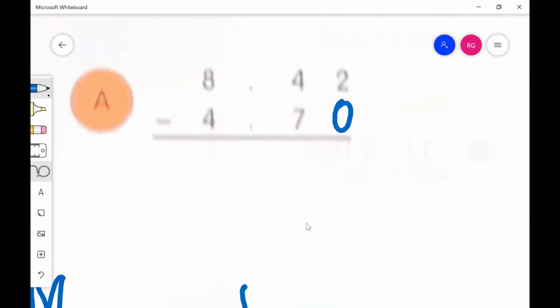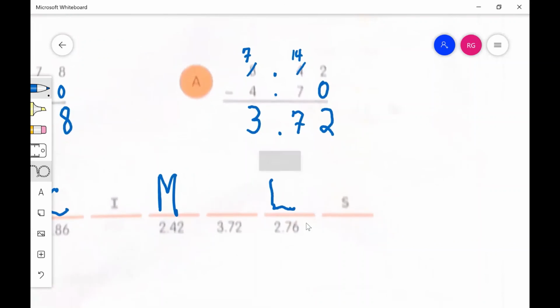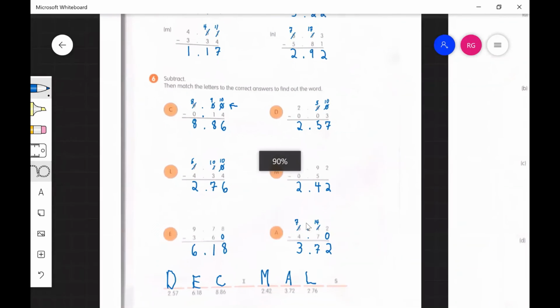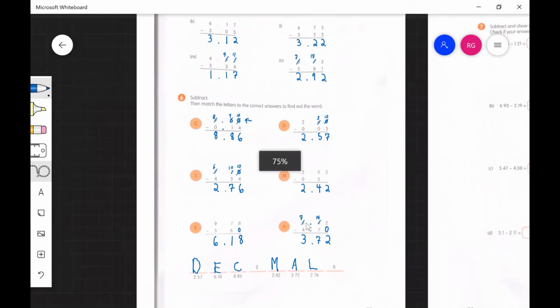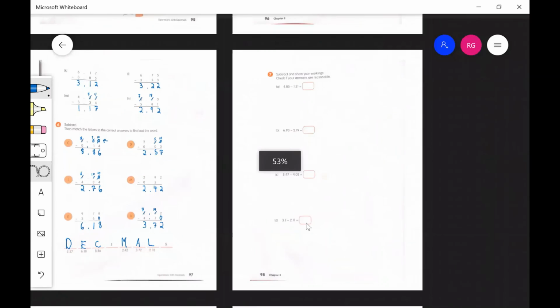All right, 0 and 2. Okay, and I need to borrow from this digit. That's going to become a 7. And this becomes a 14. So that is 7. Carry our decimal, our really faint decimal straight down. And then 7 minus 4 is 3. So do we have that correct? 3.72 is correct. And what is our magic word there, or special word, is decimals, which is what we are subtracting here, as we are subtracting decimal numbers. Okay, so that's the exciting word there. All right, so